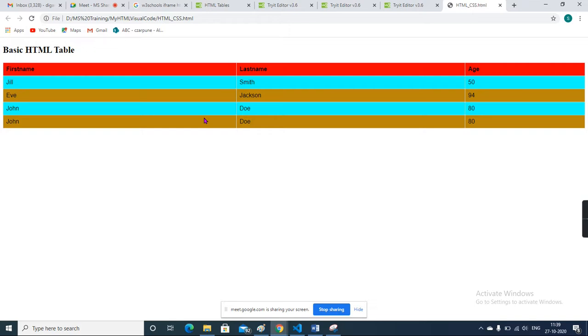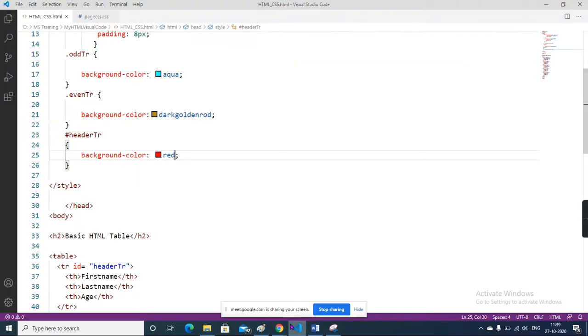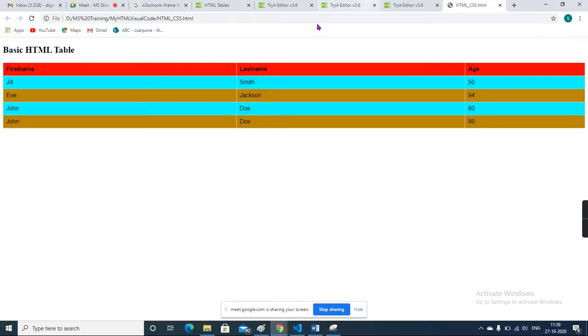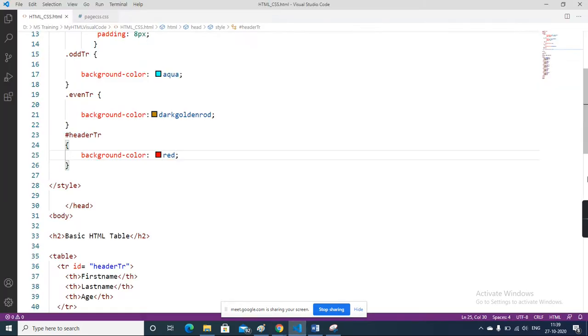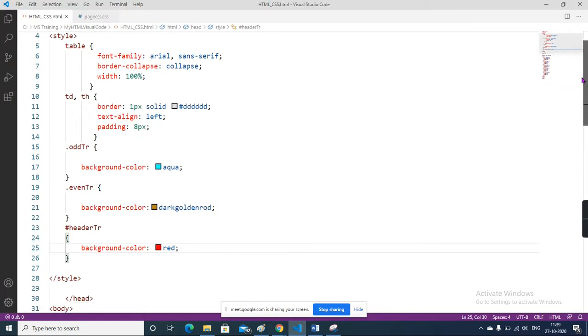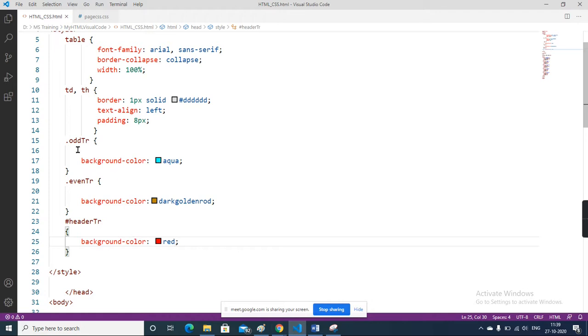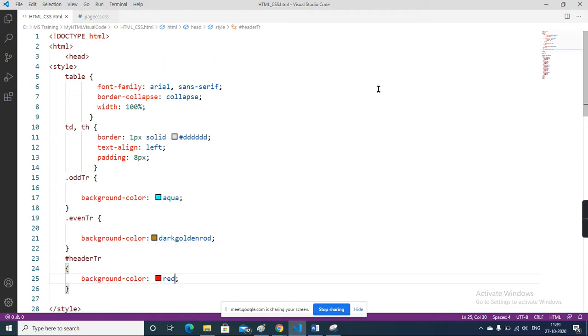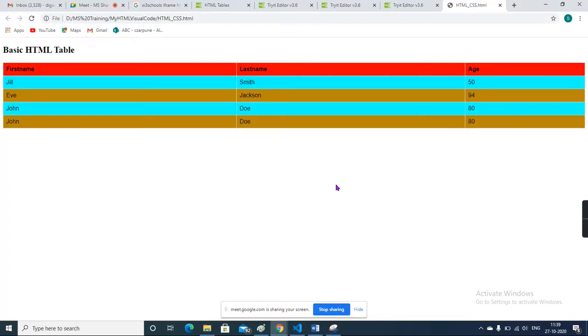So you understand how we can give the alternate coloring, and in that you understand the meaning of the id and a class. We can apply the css using the element name, or their id, or their class name. Like this way you can apply the css.